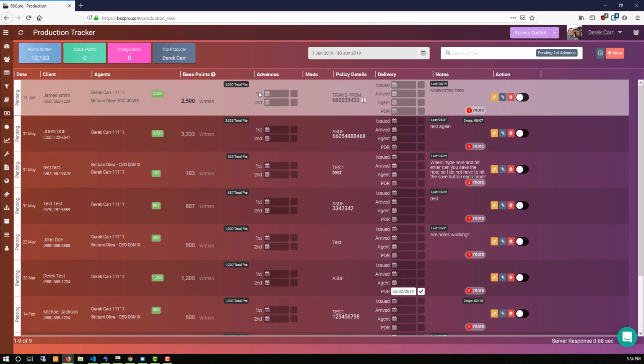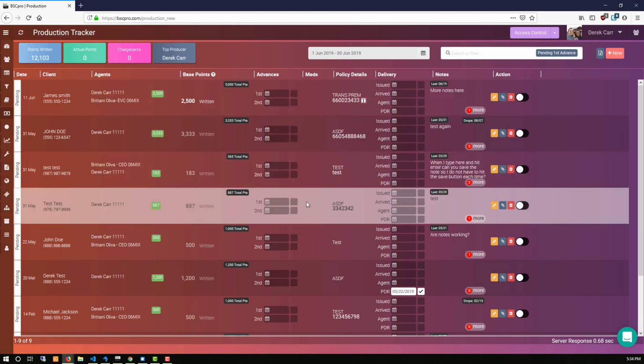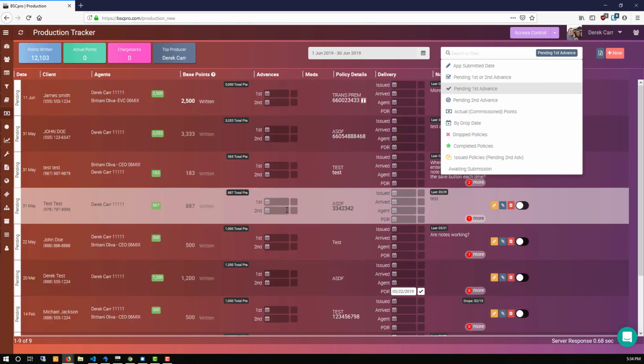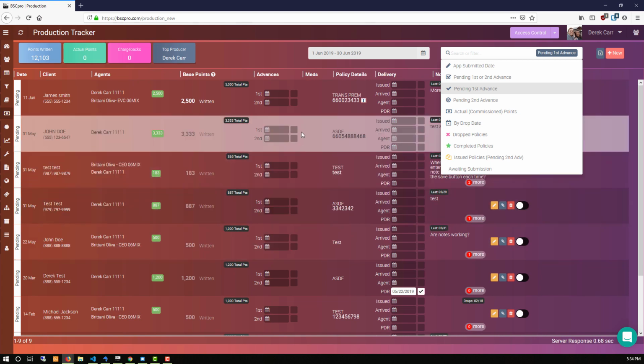It just depends on how you want to break it down and work. The other thing that's important is on these pending first, pending second advance filters, this date selector shows disabled because it doesn't matter. Regardless of the date range, you're going to see any policies in your system that are pending first and second. So if you're seeing old stuff on there that you don't want to see, you'll want to go ahead and put a date in there. Either look up and put the correct date or just put an approximation so that it will no longer show